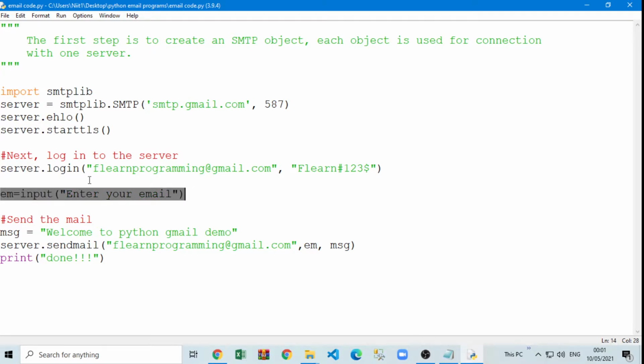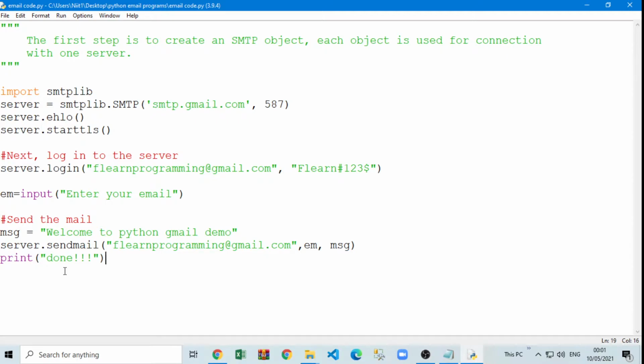And then I'm asking for input from the user, so we'll send mail, but to whom will we send the email? I am going to run the project and put in the email, so it will send mail to that person. And the message we are going to send will be just "Welcome to Python Gmail demo." That's it. And then finally you have to put the email ID of the person you are sending to. You have accepted input from the user, the new message, welcome to Python Gmail demo, and at the end, just to show something in the output so we can find out whether it's done or not, I have written done at the end.